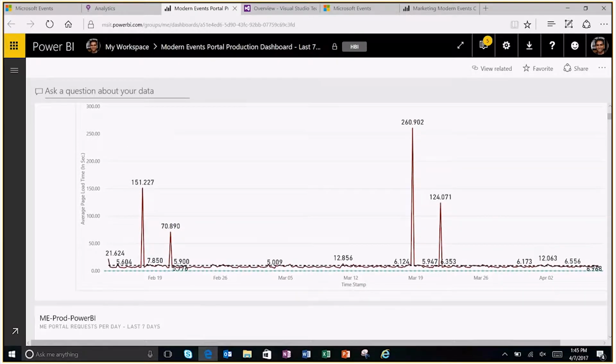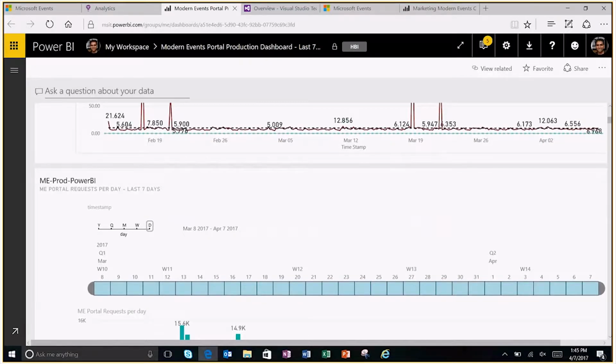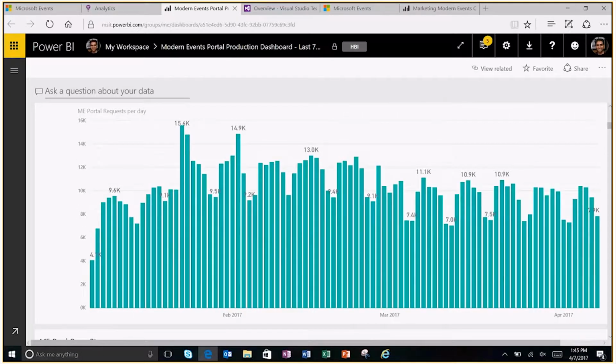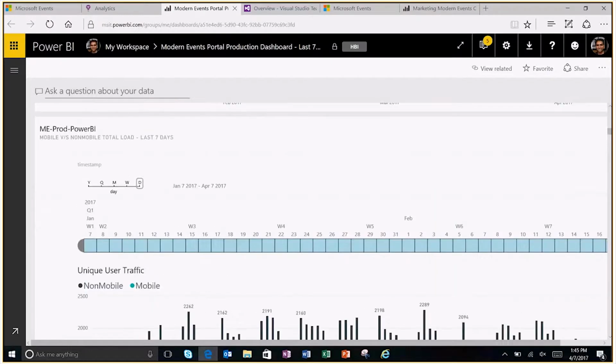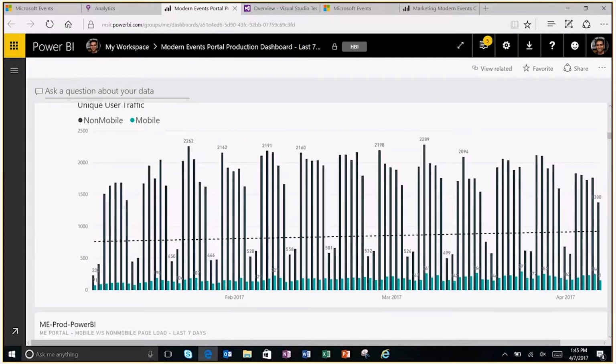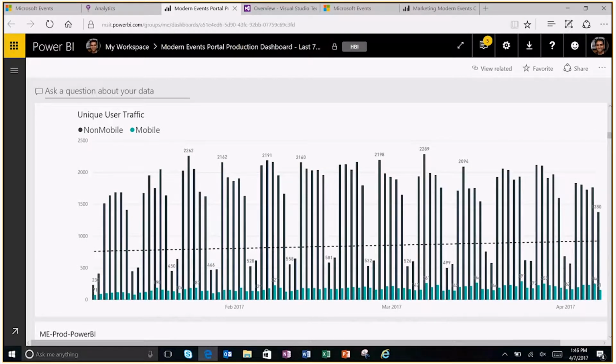In the last 2 weeks, sorry, it has been pretty stable in terms of getting the site access. If you go further down, it's the portal number of requests per day. Here we are getting about 10 to 15,000 requests, which amounts to 1 million requests a year. So that's how we have so much traffic coming. And here is where we have the mobile users versus non-mobile users. We still do not have as many mobile users, but it is substantial. Again, we didn't have to do any special code for this because of the responsive UI built.